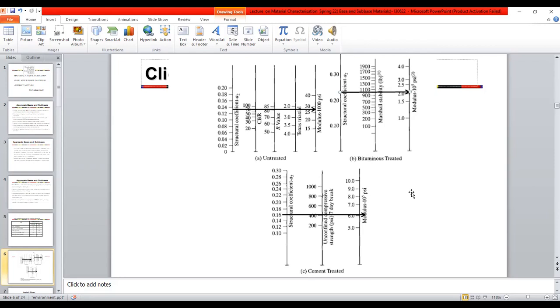For untreated base we're talking about thousands or 10,000s, but here we are talking about 100,000s. So the modulus of the base material will increase 10 times, and obviously it will be a better pavement, with better base material.